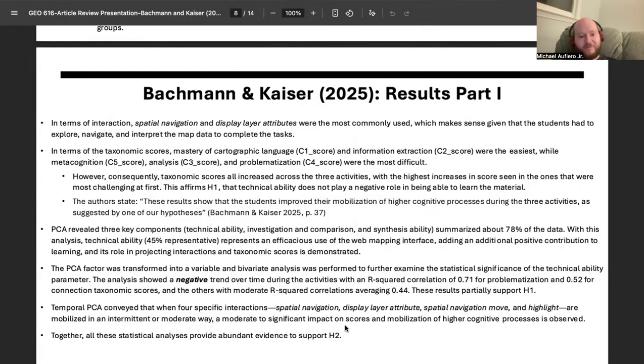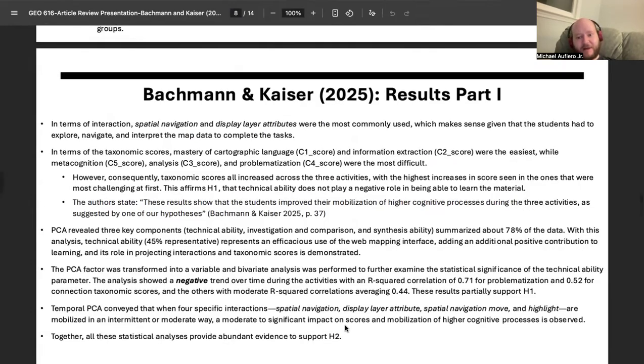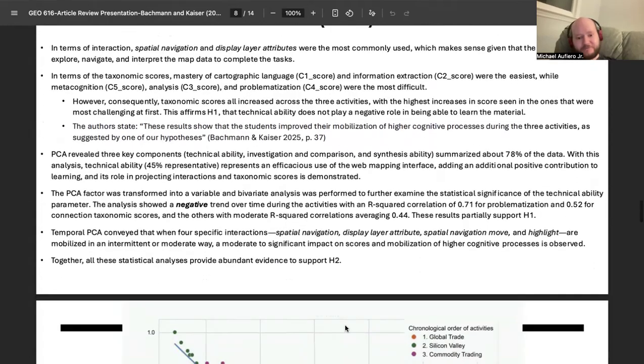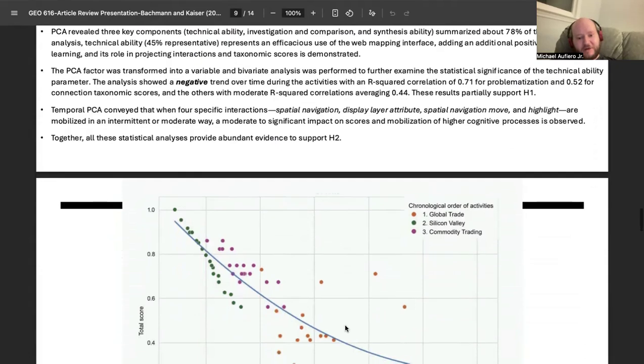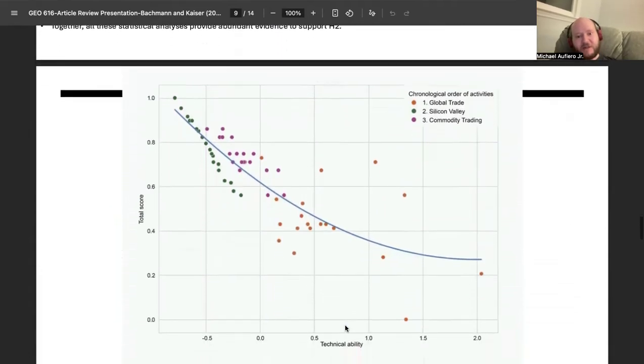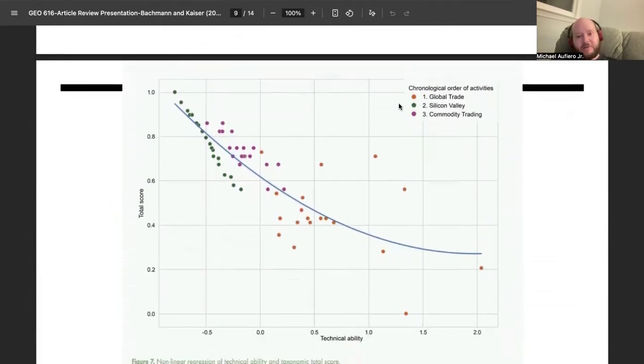with the... I don't remember the hypothesis off the top of my head, but it was supported. Hypothesis two is supported, and you can see it here in this line graph. Global trade was the first variable, the first activity rather,